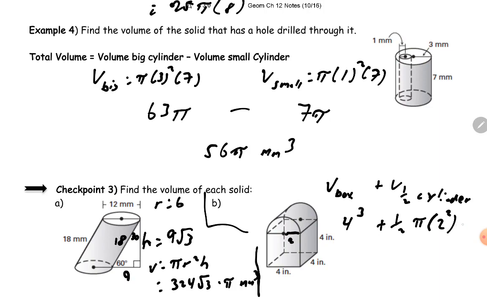Squared. Times the height, which happens to be 4. So I have 64 plus, so 2 times 2 is 4, 4 times 4 is 16, half of that is 8 pi. Punch this in our calculator. 64 plus 8 times pi is 89.1